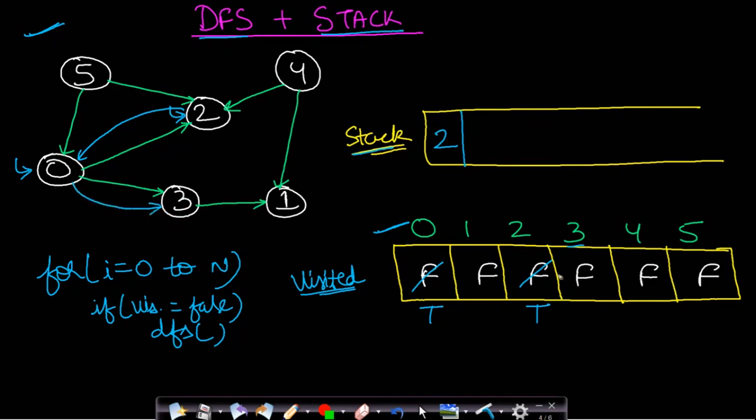When we reach node 3, we make this value true. Now from this node we will make further calls. We make a call to node 1 since node 1 is also not visited. So we make it visited, and from node 1 there is no other outgoing edge. So we backtrack to the calling function 3. Just before backtracking, we push this node onto our stack. Now all the outgoing edges from node 3 have been traversed, so we backtrack to node 0. Before backtracking, we push node 3 onto our stack, and then we backtrack to node 0.